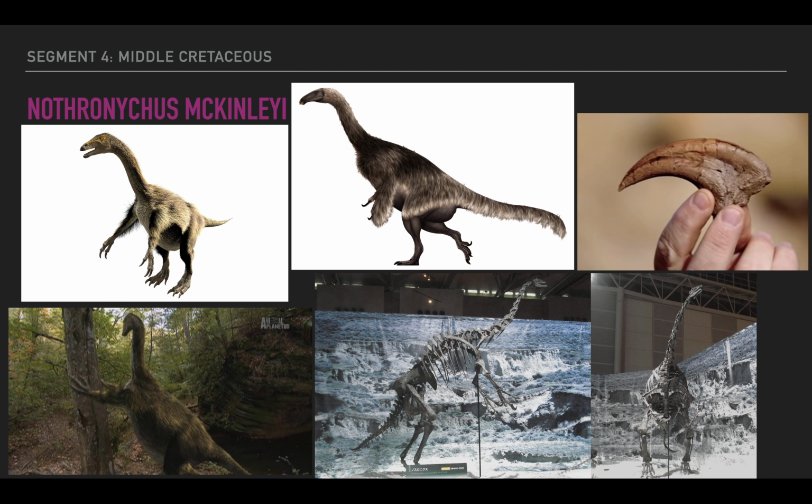Yeah. And people tell me, AK Rex hates feathered dinosaurs. Go screw yourselves, morons. I like dinosaurs, full stop, okay? Don't be giving me some stupid labels like that. Nothronychus is one of my favorite dinosaurs in this entire show, okay? You know what? Eat a turd or something. So, there we go. That's settled. Now,